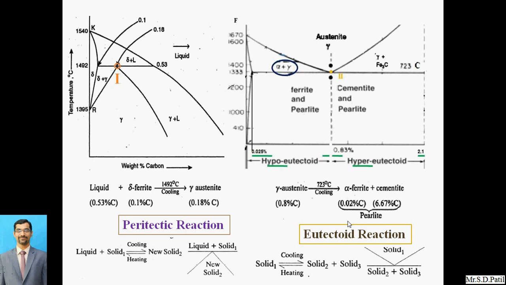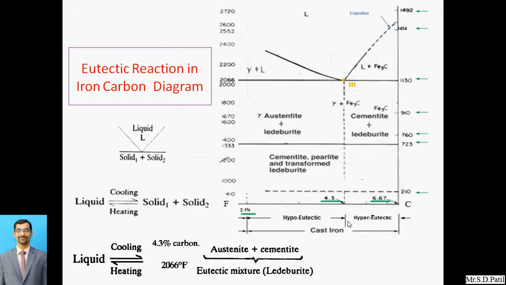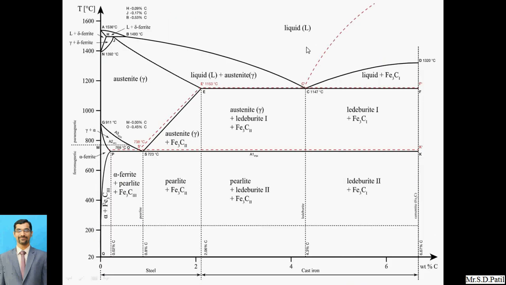Now next, this will be the eutectic reactions in the iron carbon diagram. For the eutectic reactions, where we have to refer to it, we will go into the main iron carbon diagram, so you can understand where the eutectic reaction or eutectic point of that particular iron carbon diagram is. So this portion, these are the temperatures in degrees Celsius in this particular portion. So hypoeutectic and hypereutectic. So just go and see this particular portion of the diagram. So that will be the eutectic. So this will be the eutectic point, right?